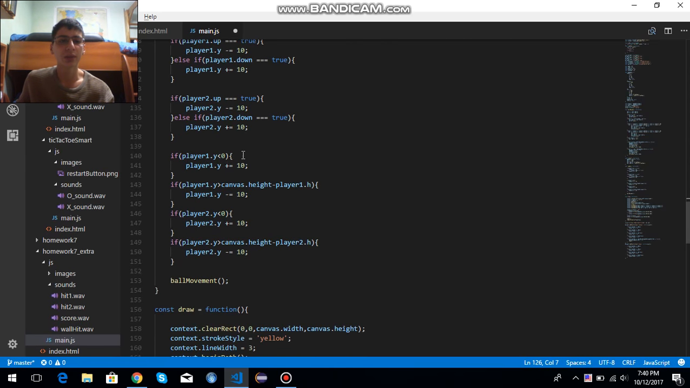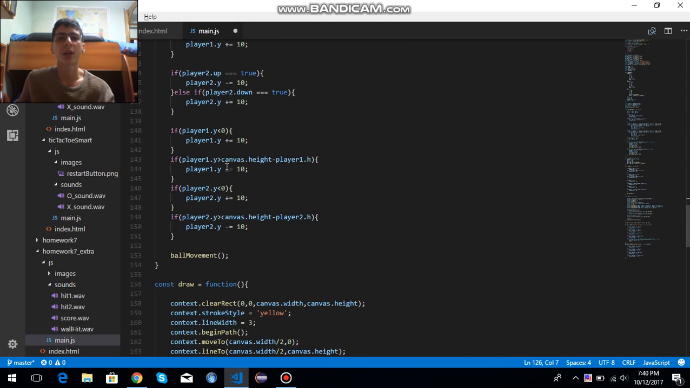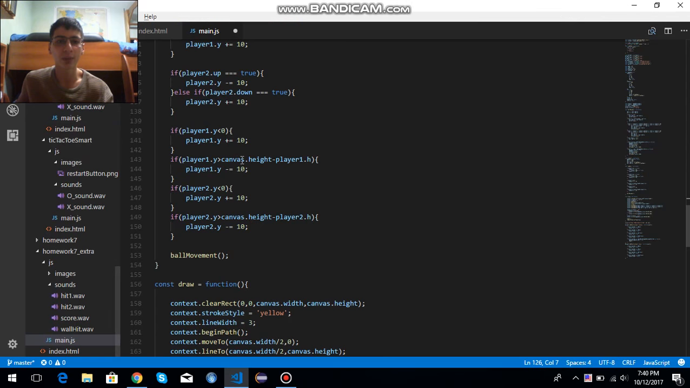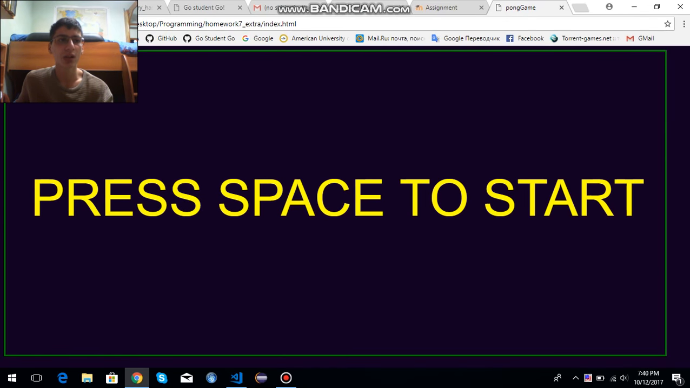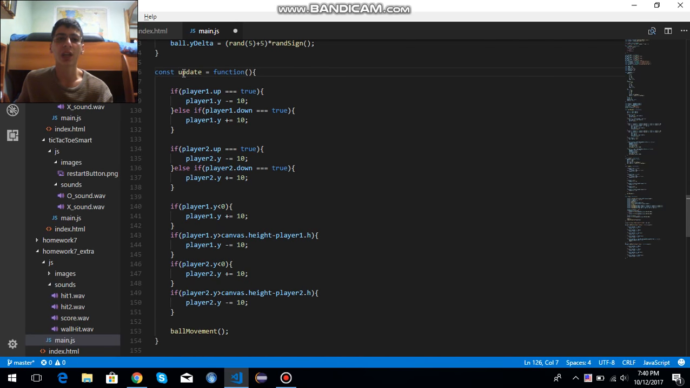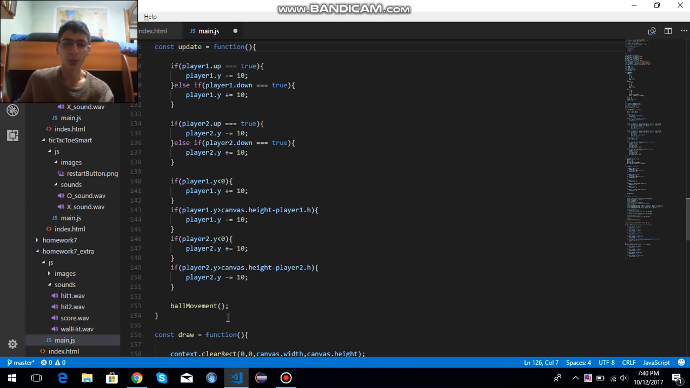Then here I have, if the first player's position is smaller than 0, which means if it goes higher than the border of the canvas, it will be transported back. It will change its position back to 0, because otherwise it will leave the canvas and go away. Same for the second player. And after doing the movement of the players,